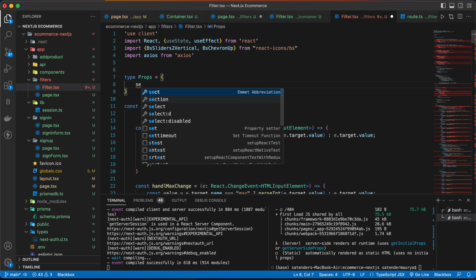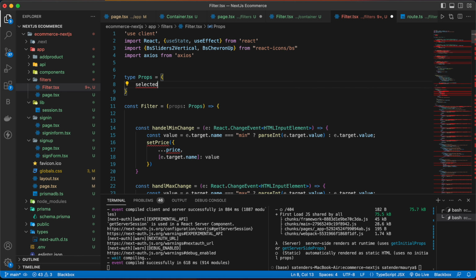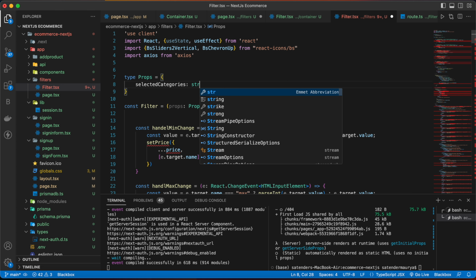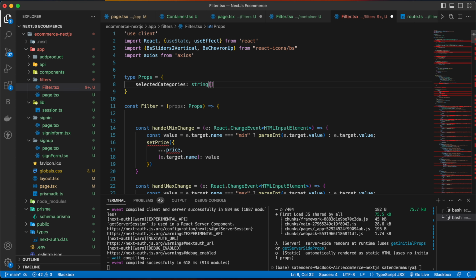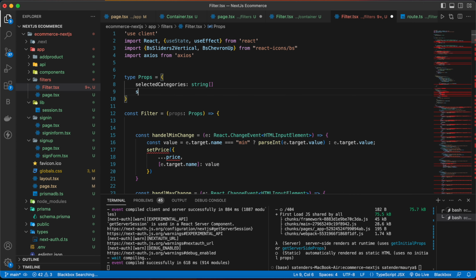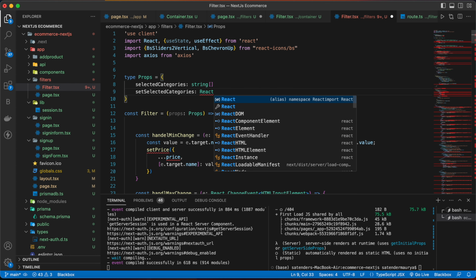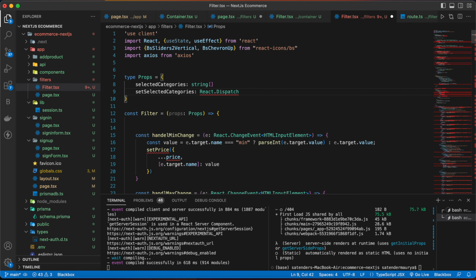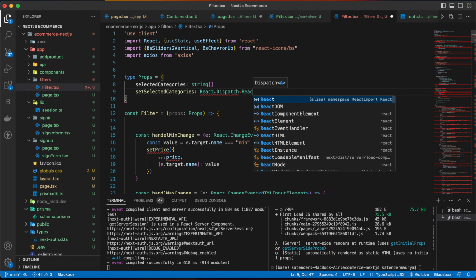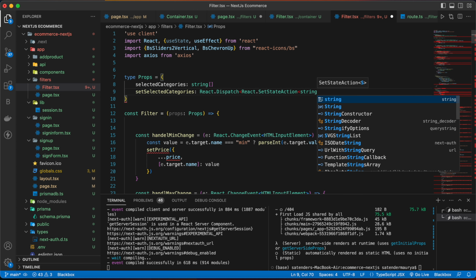So write selected categories, type will be string array, then second will be setSelectedCategories, type will be React.Dispatch, React.SetStateAction string array.